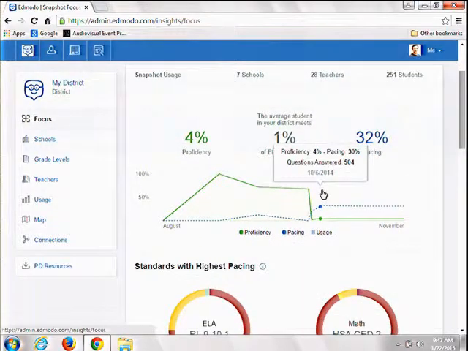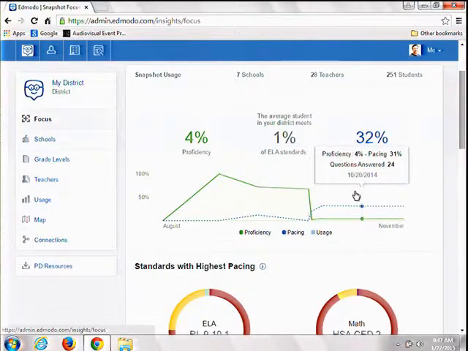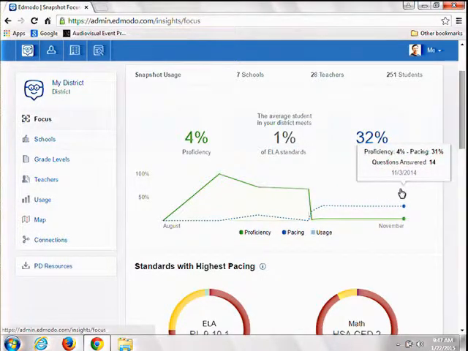I can see over time how we are doing compared to how other districts in my state are doing. So for example, if you're here in Florida and you're an administrator, this is going to give you some comparison of how your building or district is doing compared to your peers across the rest of the state of Florida. Those are other Edmodo users, by the way.